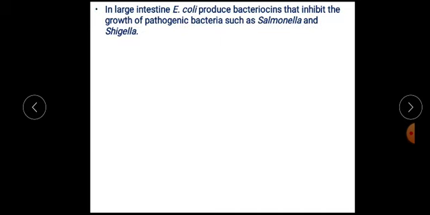Say, for example, in the large intestine, we have Escherichia coli. Escherichia coli is an example of normal flora of the intestine. These E. coli are beneficial for our body. How? They produce bacteriocins. Bacteriocins are antibacterial substances. So, this involves antagonism. These bacteriocins inhibit the growth of pathogenic bacteria, for example, the causative agent of typhoid, Salmonella, and the causative agent of dysentery, Shigella dysenteriae. This is how normal flora E. coli prevents the growth of pathogens